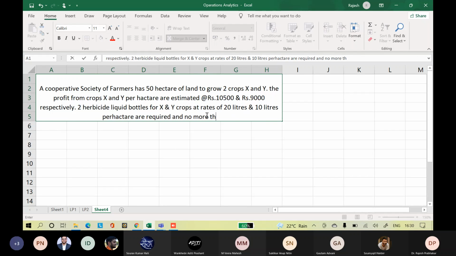No more than 800 liters must be used as per law.